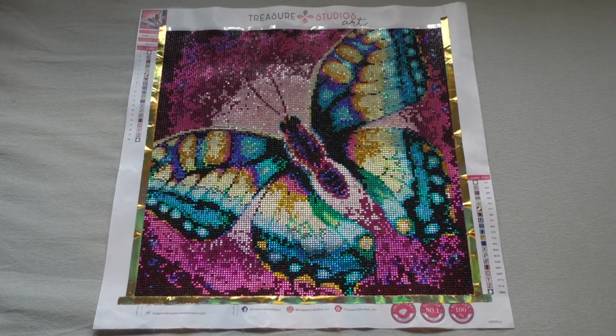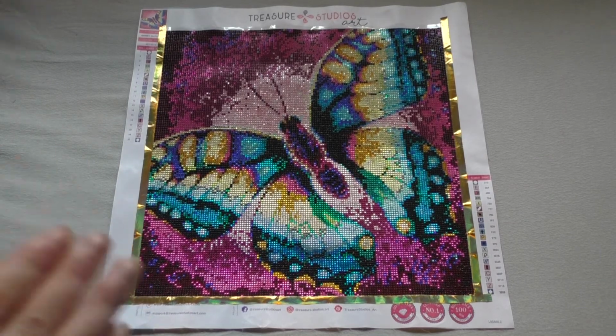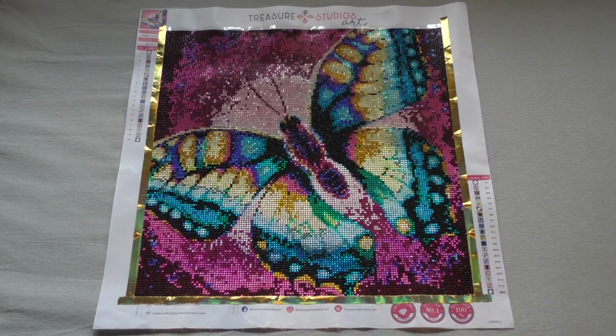But yeah, I think for a 40 by 40 it looks pretty good, and I knew that. That's why I chose this pick for the smaller size, because it's just one butterfly, it's just one object, which is very nice. But I will give you a quick